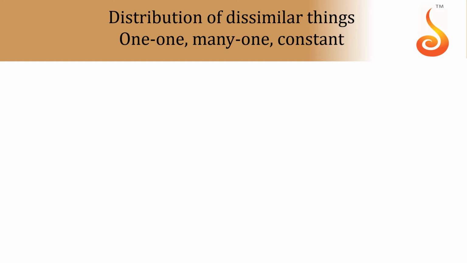So what to do: the 10 things you keep in the domain, and the 3 students they have to be distributed to. If I ask you to create the functions, each and every element in the domain should have an image, and that image will be unique. So T1 cannot take both S1 and S2, because thing 1 you can't give to both students, but thing 1 and thing 2 can be given to the same student.